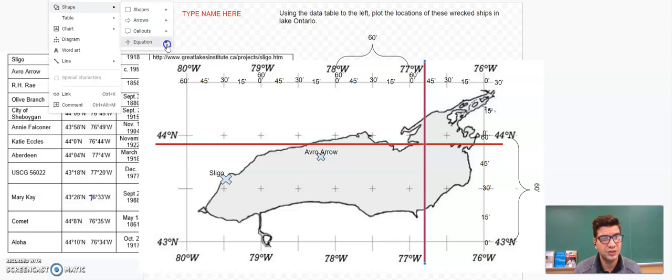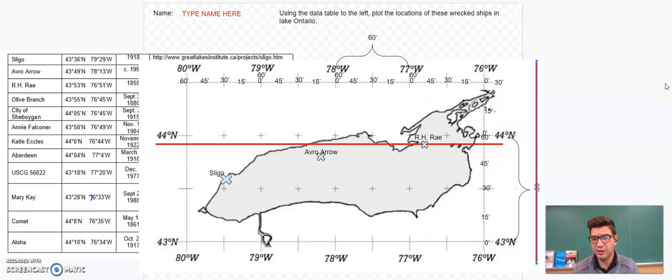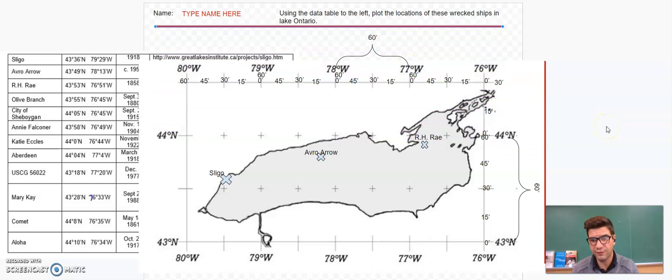Insert, shape. Again, I'm going to do an X shape. Insert, text box. And this one is the R.H. Ray. I think that looks pretty good. So you could keep using these two lines to find all the different locations that you are looking for and